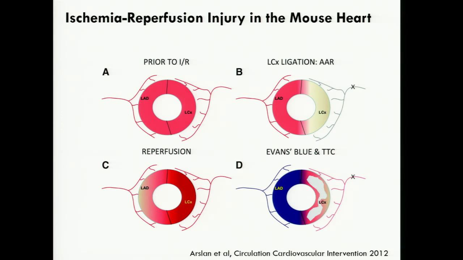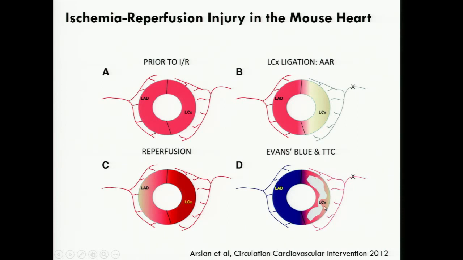Now, to understand how much damage was being done with the ischemia, they used a classic methodology. What they did was, after the ligation and after the ischemia reperfusion, when they harvested the tissues, they once again ligated the previously ligated vessel and then perfused trypan blue. And you can see that in this case, the trypan blue will perfuse the open coronary artery. It won't perfuse the ligated coronary artery. So you can see what part of the heart was getting perfused and what was not getting perfused.